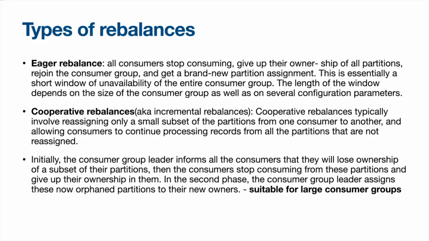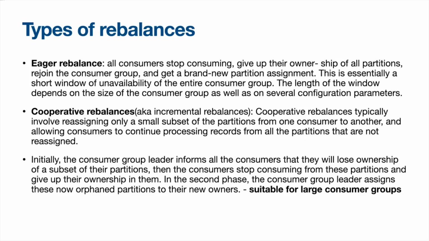So what are the types of rebalances? Mainly there are two types of rebalances. One is eager rebalance and the second one is cooperative rebalance. In eager rebalance, all the consumers stop consuming. They give up their ownership of all the partitions and rejoin the consumer group, and they get a brand new